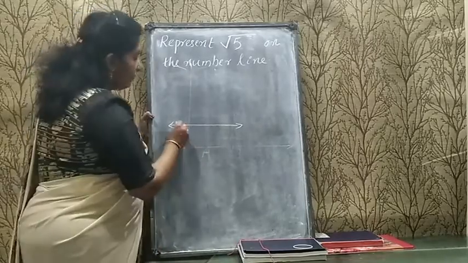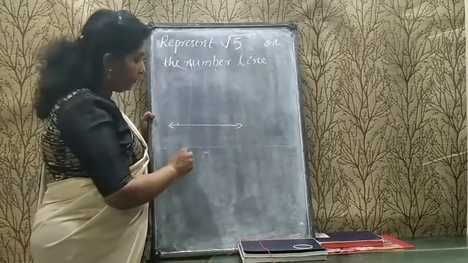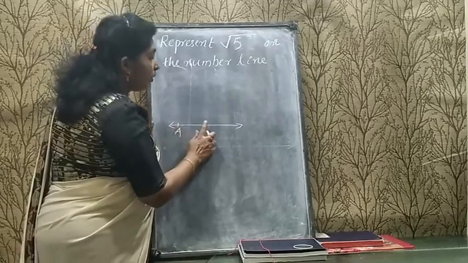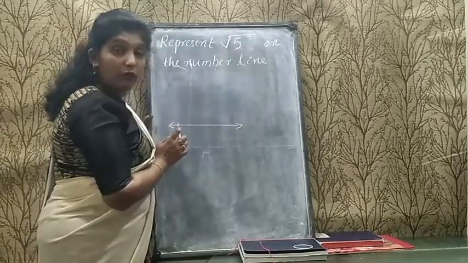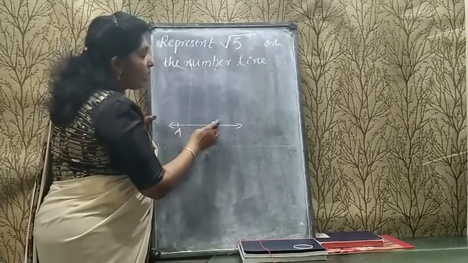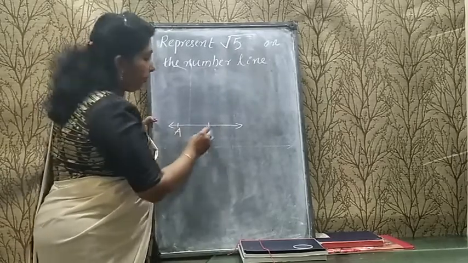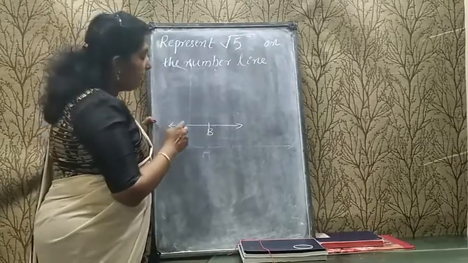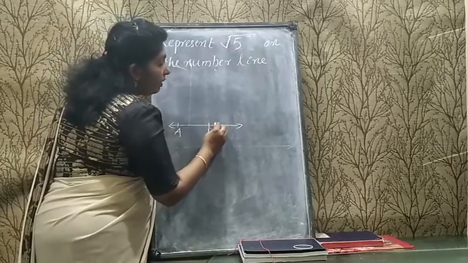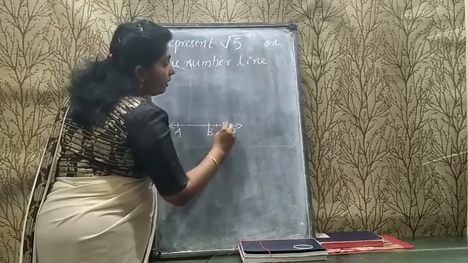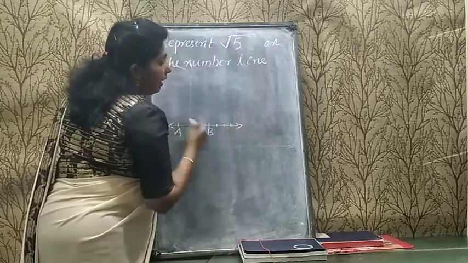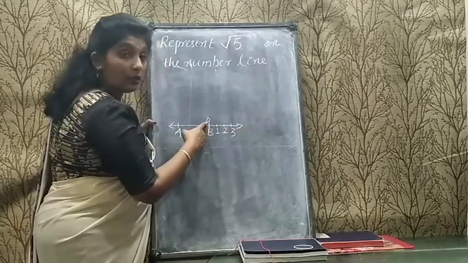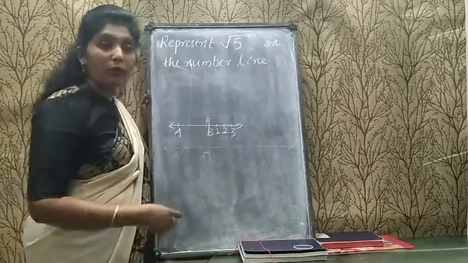For that, first of all, you have to draw another line. Mark one of the points. That point I marked as A. From here, first of all, we have to draw root 5. So you have to take a 5 centimeter distance and mark the point. From here to here you take 5 centimeter. Now, from here, after every 1 centimeter, you have to mark a few points and mark them as 0, 1, 2, 3. This point is 0, this is 1, 2, 3, like you have to mark it.